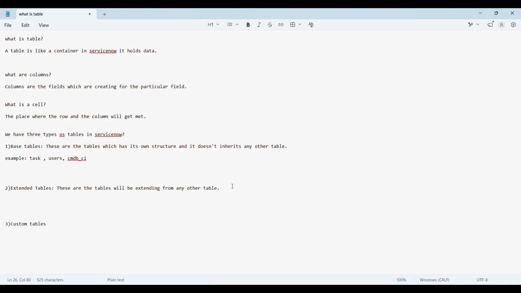So if we talk about examples for extended tables, it will be incident, problem, and you can say server table and network. Incident and problem are inherited from task, and server and network are inherited from CMDB CI. And let's talk about the custom tables now. So these are the tables